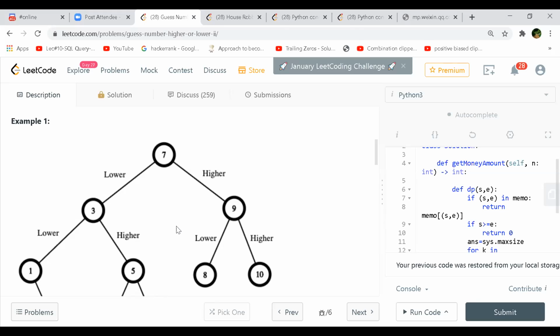If you do it with binary search, what do you think? Again, we don't know which is the correct number. You just pick a number and they would say lower or higher. The main aim is to minimize the number of trials we are doing to guess the correct number.